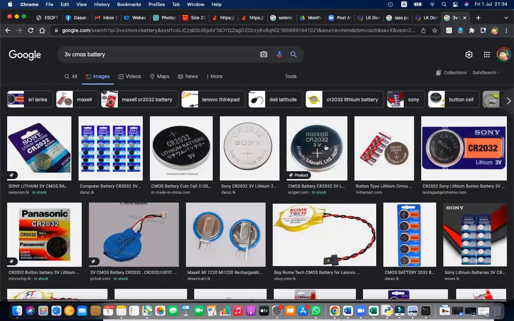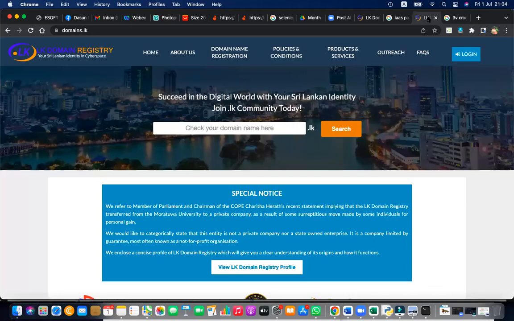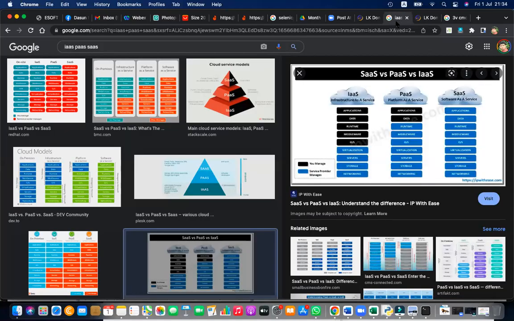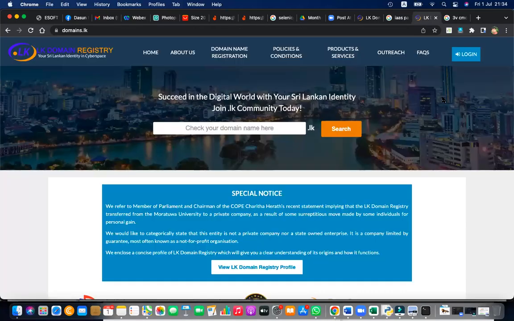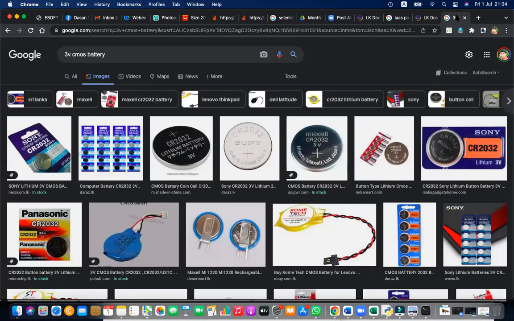This is the battery that needs to be replaced. You can do this if you are using a laptop. That is the problem, so be careful when you are removing the covers and replacing it. But if you don't know how to replace it, you can ask for technical help. This is not a big thing. When you remove the back cover, it's very easy to replace the battery. Just browse a video on YouTube.